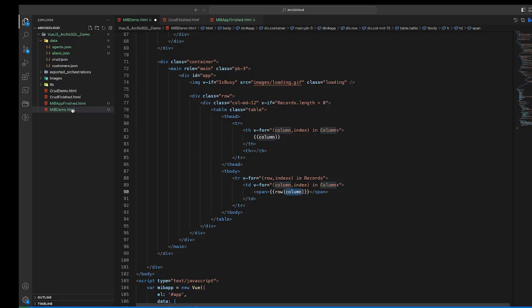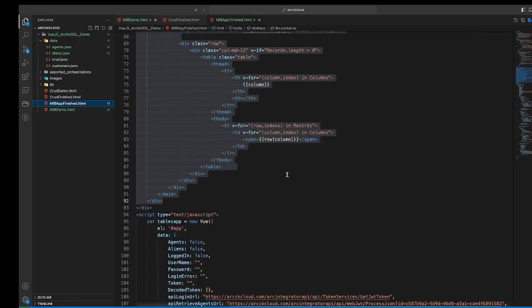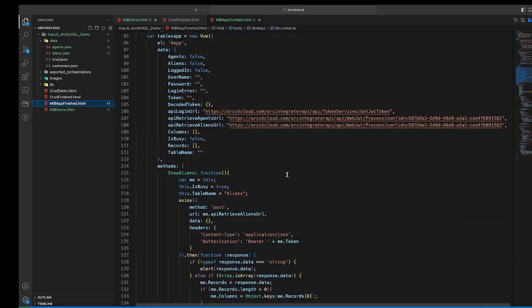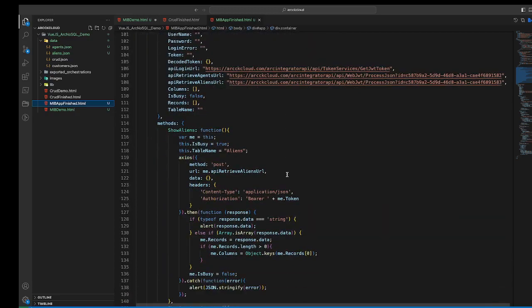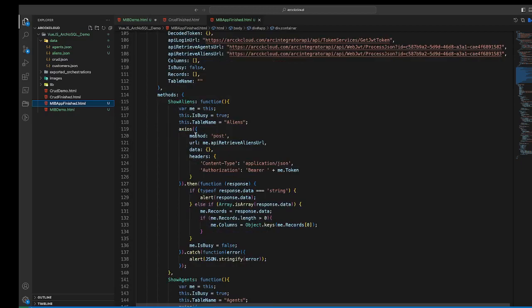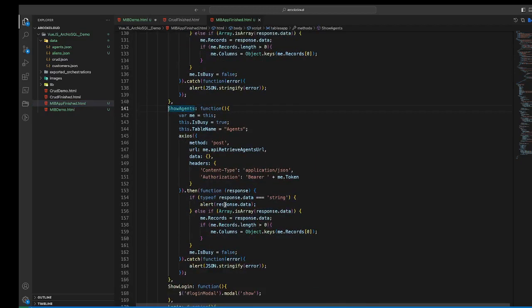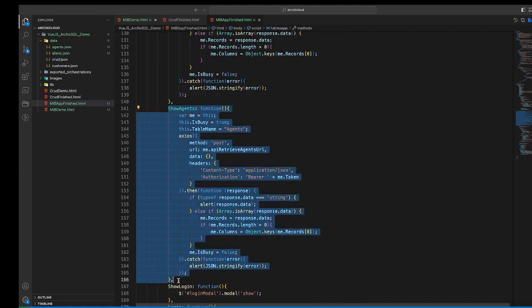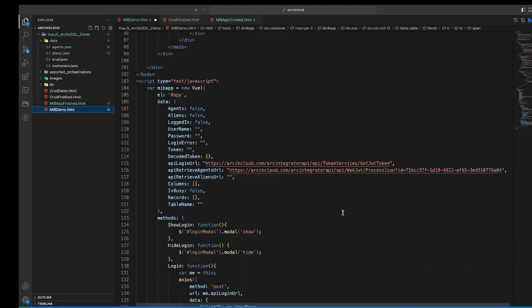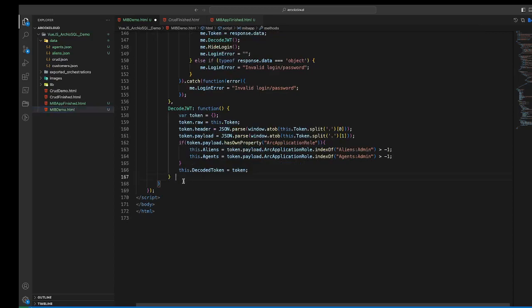So next, what we'll do is grab the code that will retrieve the agents. So the agents will be from the show agents call. So when you click on the agents menu, it will call the show agents, and it will basically do